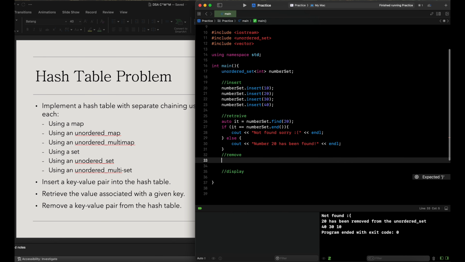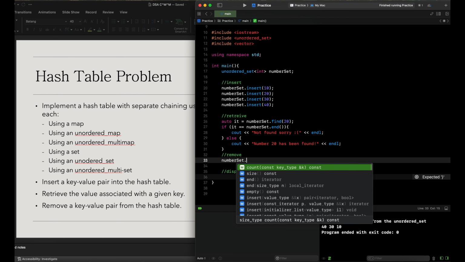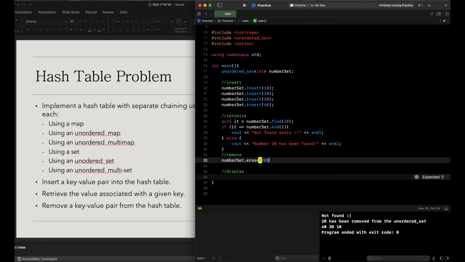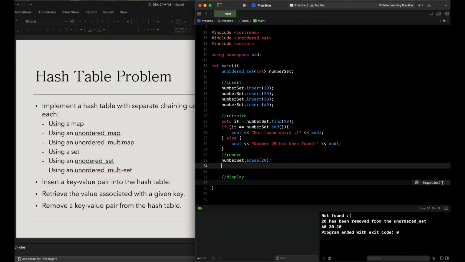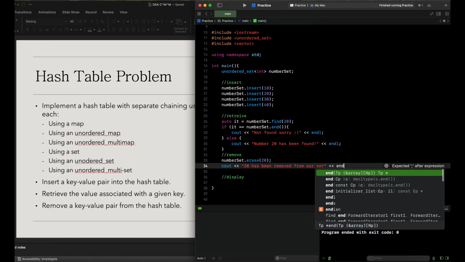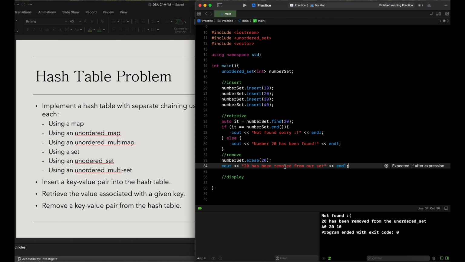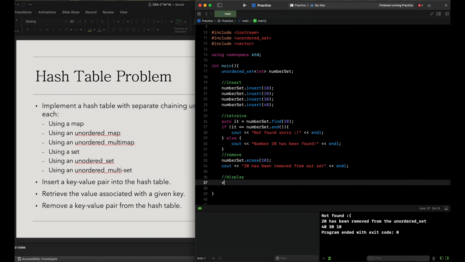And for us to be able to remove, we're going to go numberSet.erase(20), and we're going to say 20 has been removed. endl. There we go. And then for display, we're going to have a vector<int>